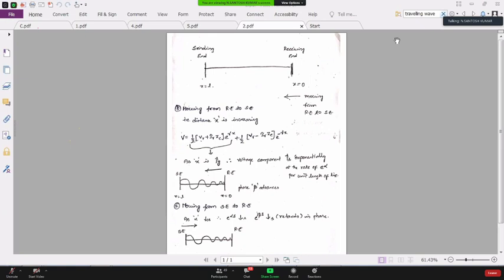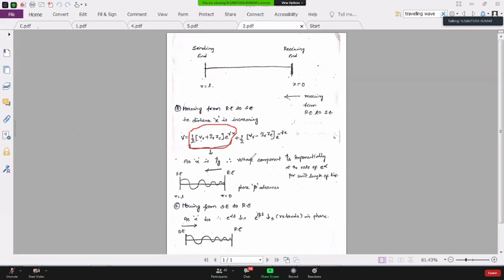Now, we'll see this concept. This is my voltage equation. I'm considering only the first term, as we have two terms, voltage as well as current. This first component is 1 by 2 (VR plus IR ZC) into e power alpha x. Right? Now you analyze this.